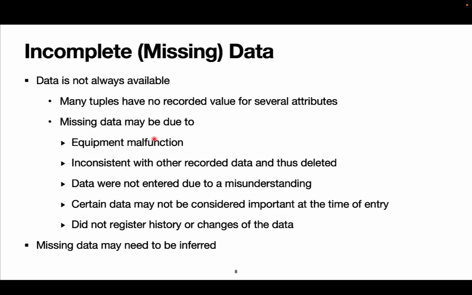So incomplete or missing data can be a result of many issues. Here are a few examples. Equipment malfunction, like using cheap, unreliable sensors. A result of deletion due to handling an inconsistency issue. Or data might be thought to be unimportant at the time of data collection. We have to come up with plans that deal with the missing values, like making inferences.